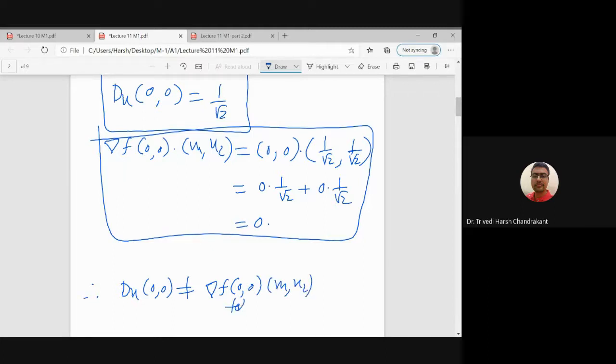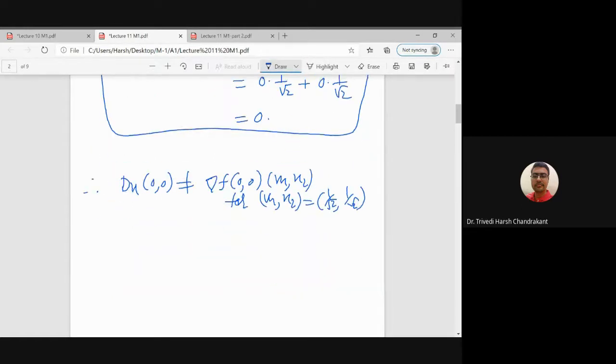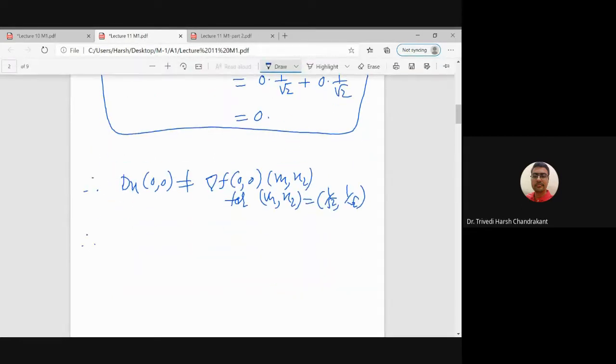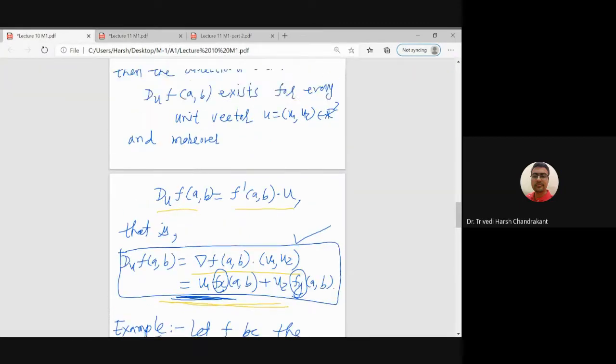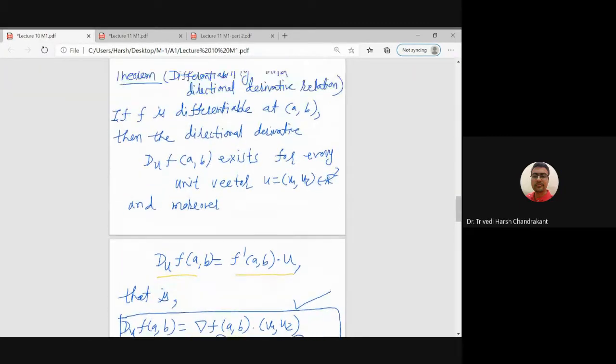D_u f at (0, 0) is not equal to the gradient of f at the origin dotted with u, for (u1, u2) being (1 by root 2, 1 by root 2). So therefore the necessary condition fails. The necessary condition fails means what we can conclude is,